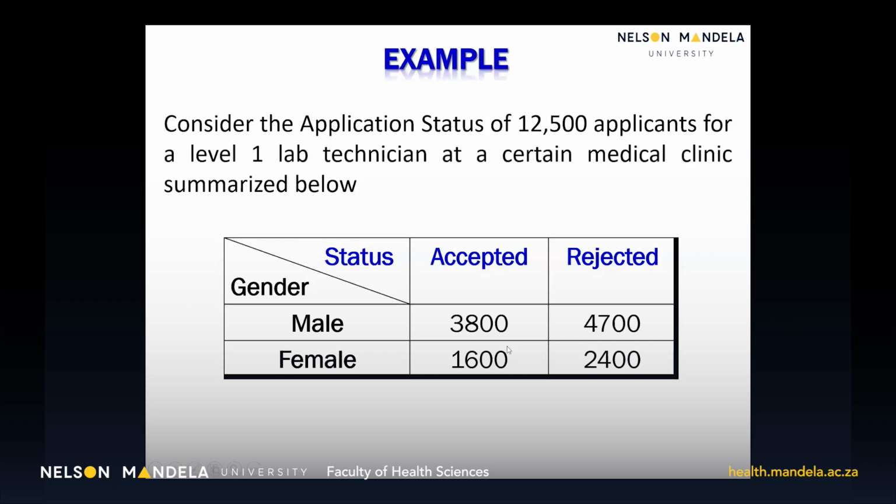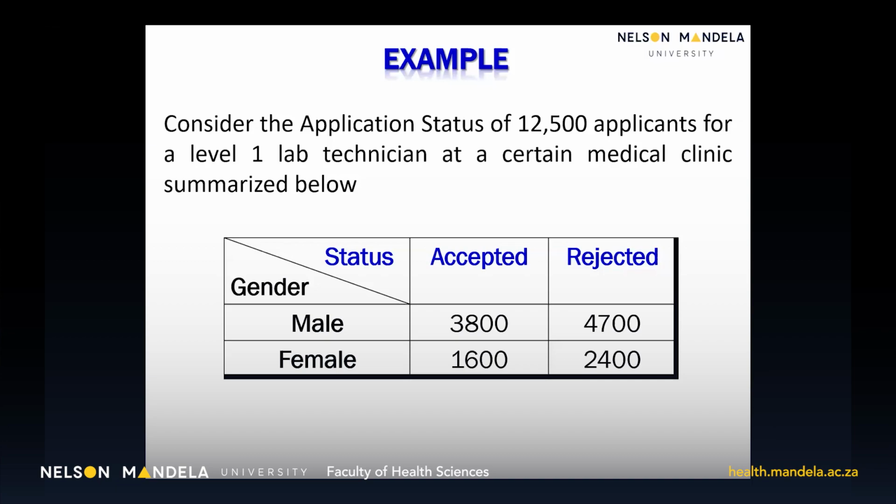is very good, but at the same time, I can't help but notice they're summarizing two things at the same time. For example, one minute they're talking about the gender, the sex. At the same time, they're also talking about the application status, if they were rejected for the post or if they were accepted. So this is a very good description of the information obtained from these 12,500 applicants for the particular job. And this is also nice, but as an experienced researcher, it's nice, but not too